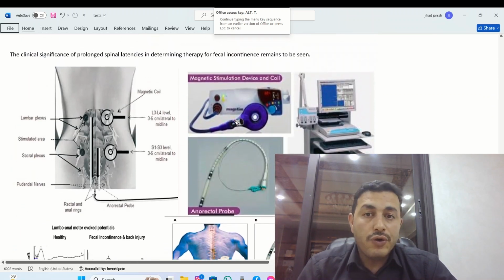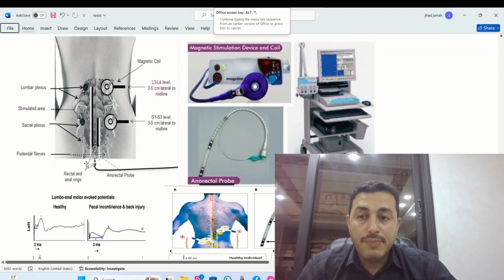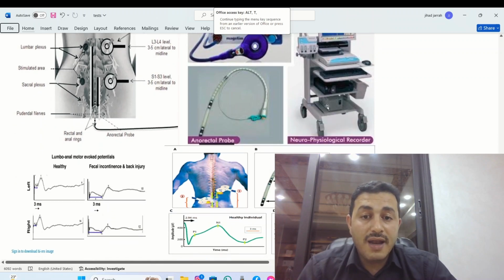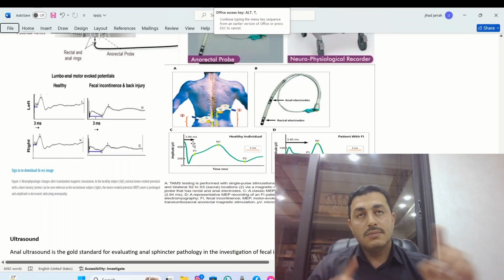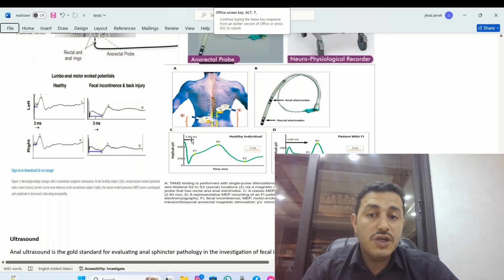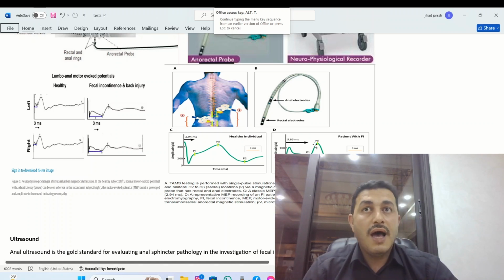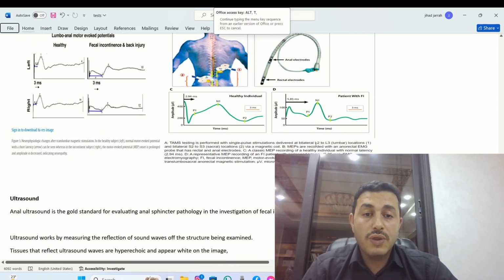This is what we need for the spinal motor latency: magnetic stimulation over here, an anorectal probe in the anus which will detect the motor evoked potential, and an analyzer. As you see here, there is a short time between the stimulation and the evoked potential, which is in a healthy patient. If delayed, that means we have fecal incontinence in a patient with a spine injury that is proximal to the